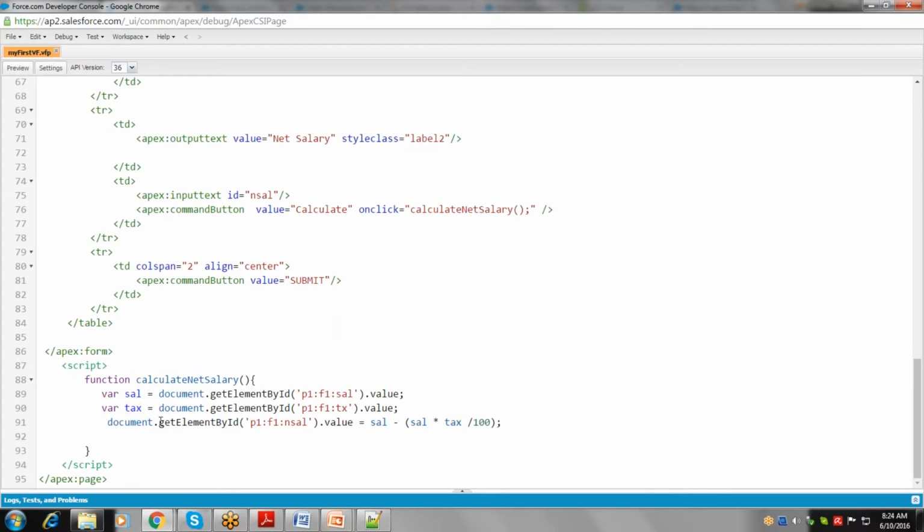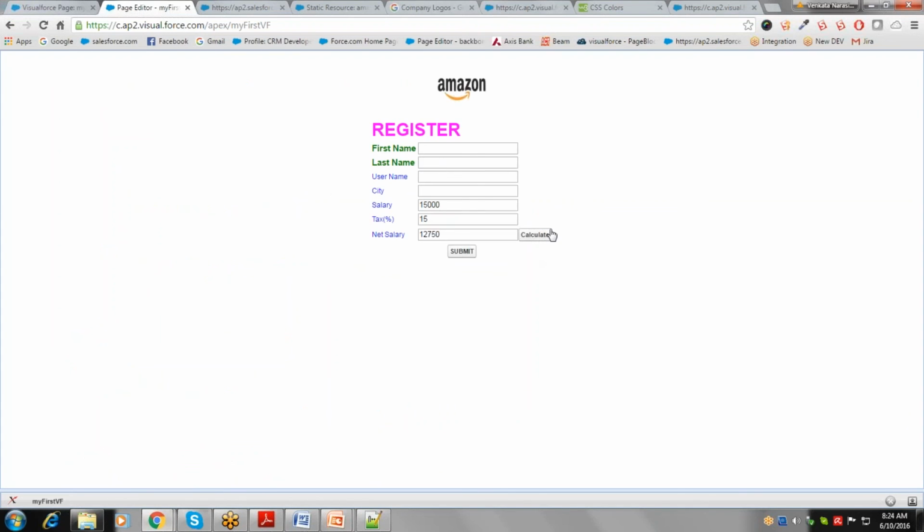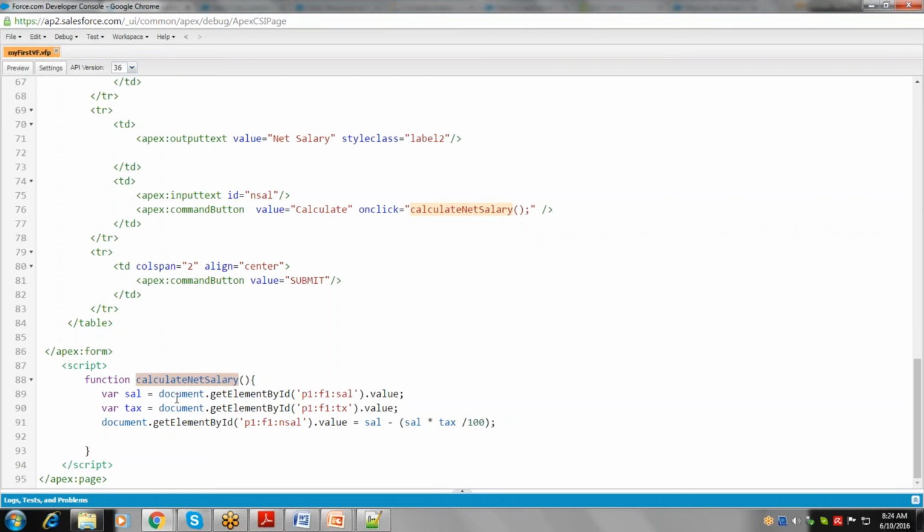Right, so this is JavaScript. This is just a client validation. You can do the same thing using Apex code, but when compared on execution time, JavaScript is faster than the server action because Apex is server code. We don't always depend on server code. Instead of depending on server code, if it is possible through JavaScript, you should make some alternatives with the JavaScript code. So this is called an event. On clicking this Calculate button, I'm going to execute this method, and in this method I am identifying what